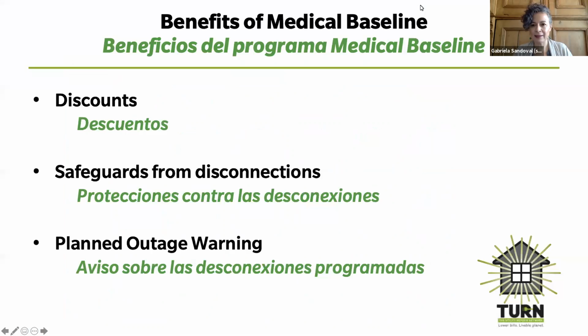Or the next slide? So we are going to start today with, we actually have quite a bit of information. So I'm going to start by talking about medical baseline, and then Jorge will take over and talk about the self-generation incentive program. We have a lot of information for you, so I'm just going to go ahead and jump